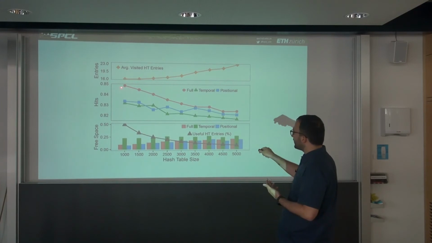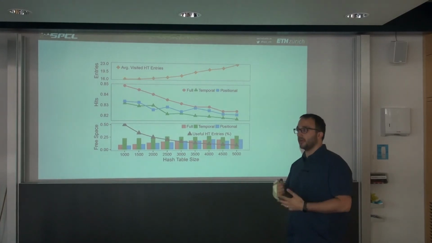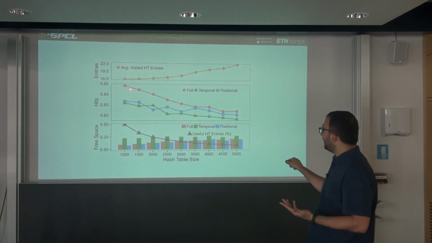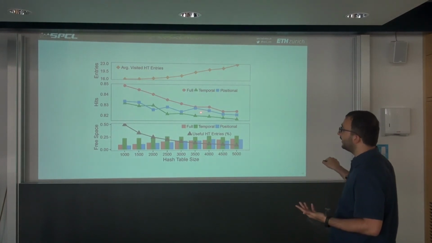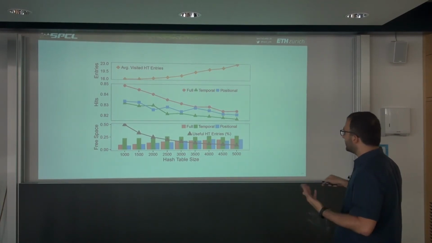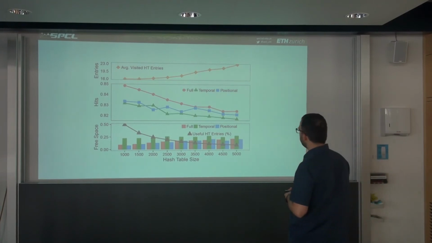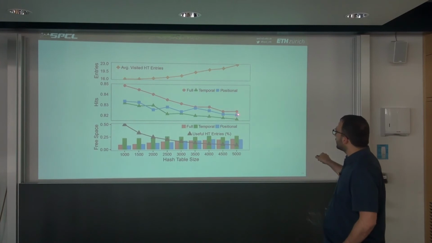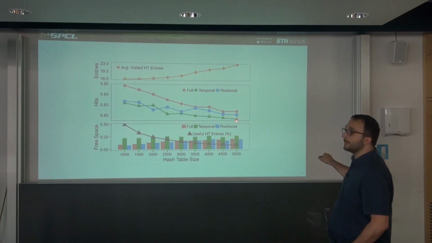And as a consequence, also the number of hits, because now you are evicting kind of random stuff, and this is not good, and this is shown by the number of hits that is decreasing in this plot as the hash table size increases. But still, this plot also shows that by using the full positional score, we can keep a higher number of hits with respect to the temporal